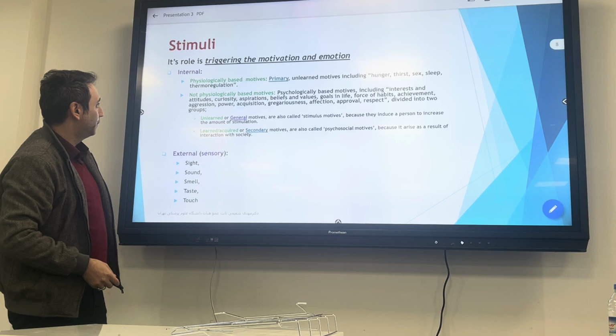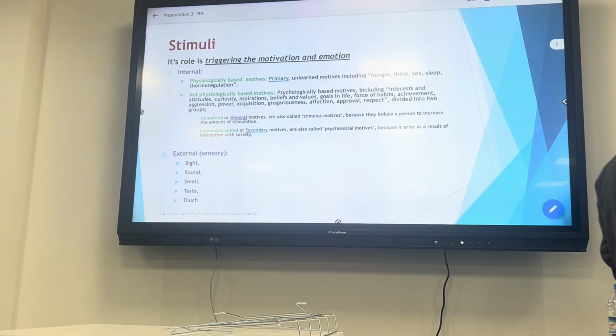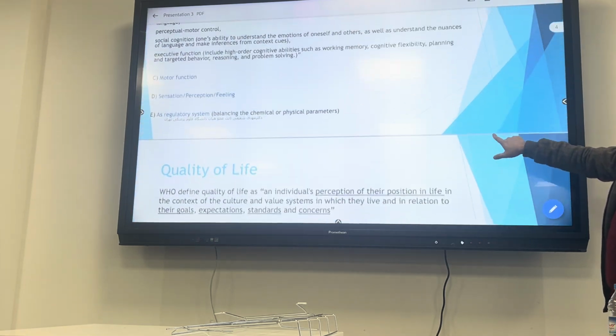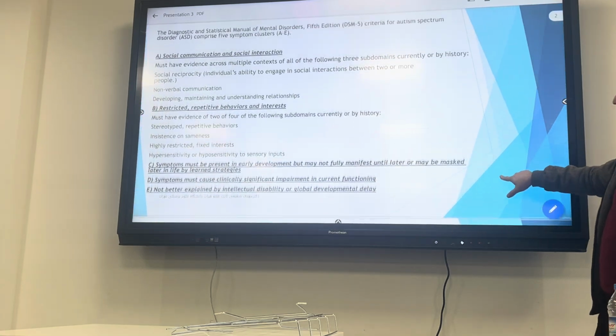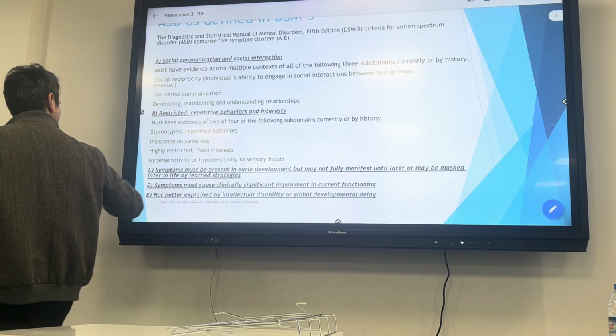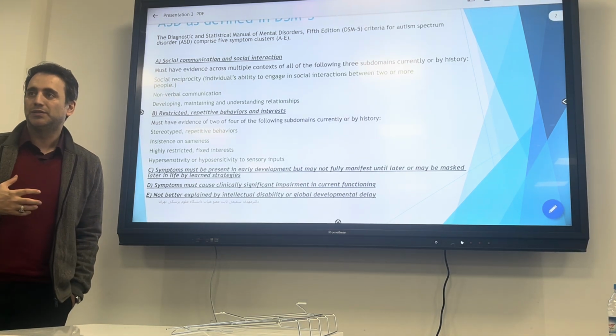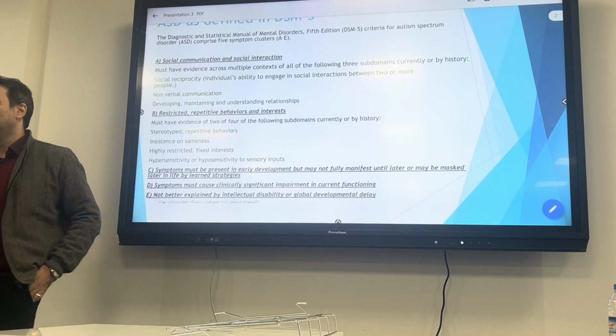Okay. Different types of stimuli. External stimuli, the other name is sensory inputs. See here. Hypersensitivity to sensory inputs because of lack of eye contact. They do not look around themselves a lot. Not just eye contact with the eyes, also the rotation of eyes all over the environment is decreased in autistic patients. So hypersensitive to sensory inputs, but